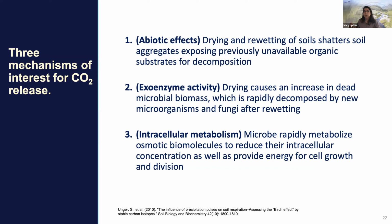Now, the CO2 can come from 3 different places. It can come from abiotic effects. If there's calcium carbonate or other carbonate in your soils, it will be released by water, just by the water displacing that calcium carbonate bond. It can come from exoenzyme activities, because drying causes an increase in dead microbial biomass, which is then rapidly decomposed by microorganisms, or it can come from intracellular metabolism, where microbes rapidly metabolize intracellular